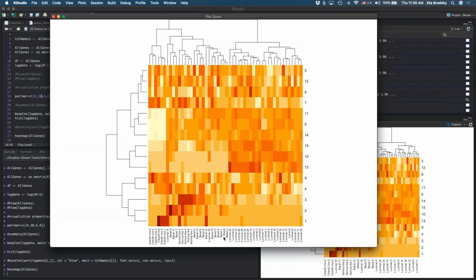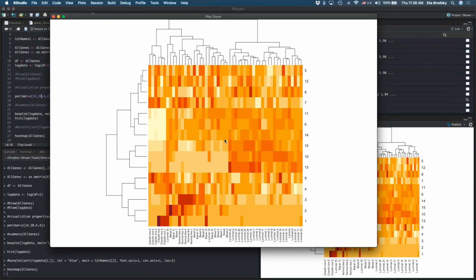What three groups of genes do I have? I have a group from 5, 12, 8, and 7, or maybe all of this. So this is 1, this is 2, this is 3. You can see the pattern visually is kind of different. Here the pattern is different, and here the pattern is different. So what we did in a histogram is kind of summarized all of this information together.